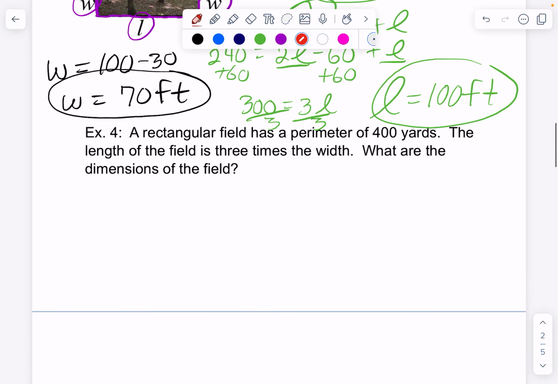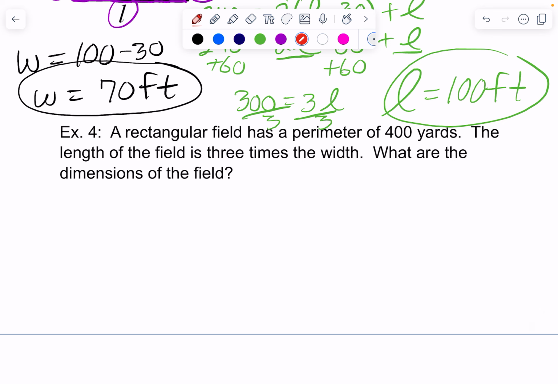Next, a rectangular field has a perimeter of 400 feet. The length of the field is 3 times the width. What are the dimensions of the field? Whenever you're dealing with rectangular perimeter, remember there is a formula. Remember that a rectangle has opposite sides that are equal. So the perimeter, or the distance around the rectangle, is going to equal 2 times the width plus 2 times the length. I'm going to call W my width,